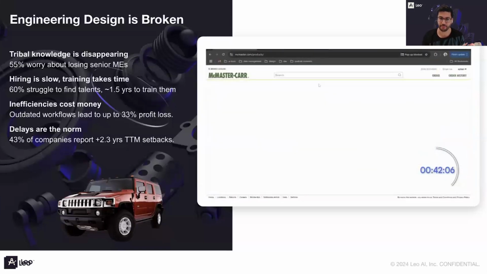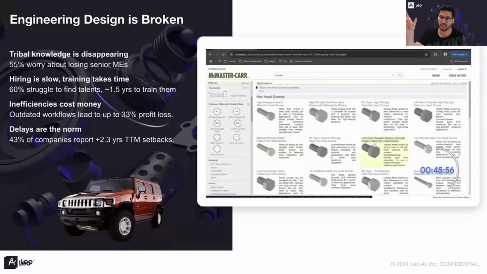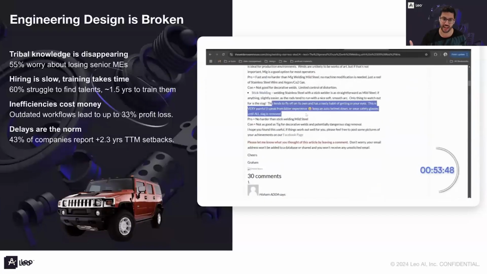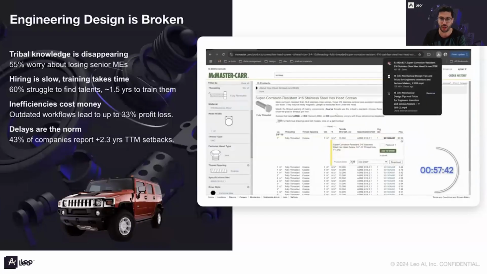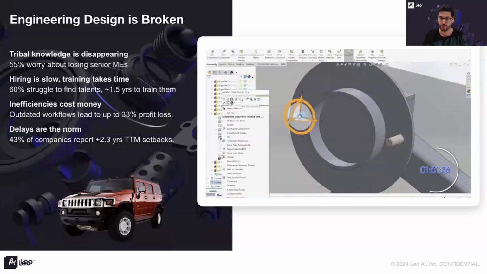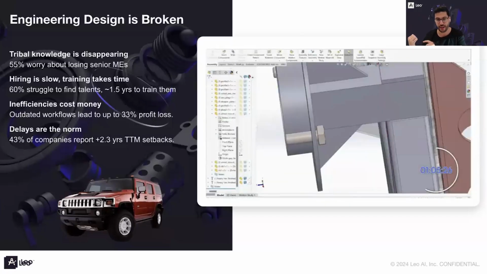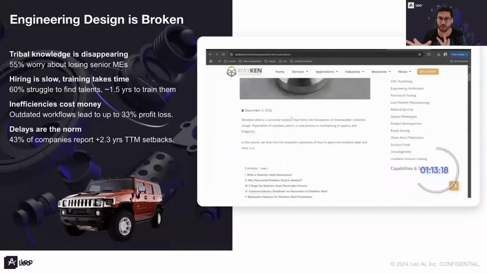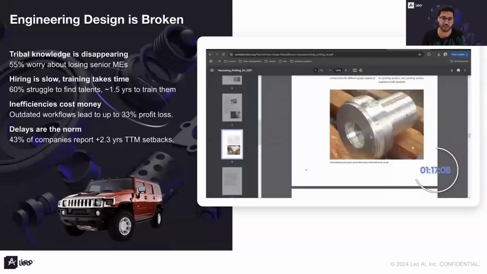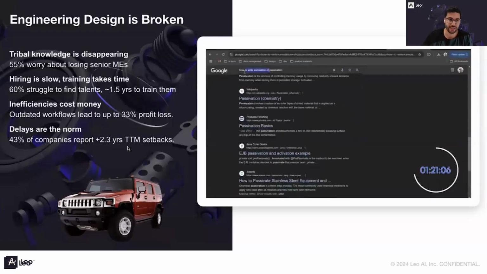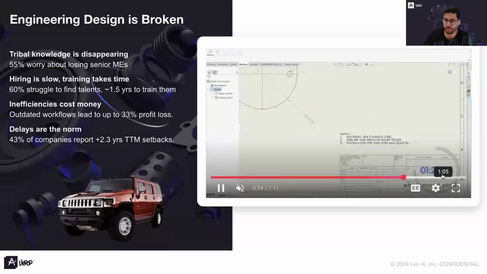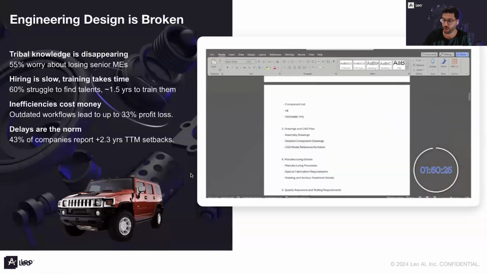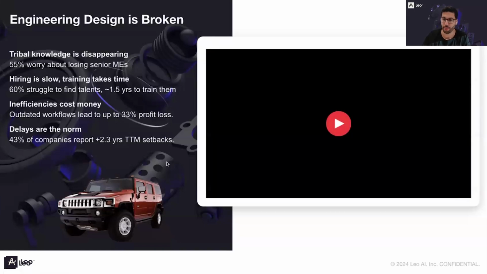And this is how our time is being broken down. 20% we know what to do, and we do it in the CAD, roughly speaking. But 80% is us trying to find what's the right formula, how to do the calculation, do the spreadsheet and run the calculation there, finding the right part on my PDM, then going online and trying to figure out if the part is on vendors' websites, etc., etc. So in this particular example, it took 1 hour and 52 minutes just to add one part. And it could take much more if it's a more complex part.